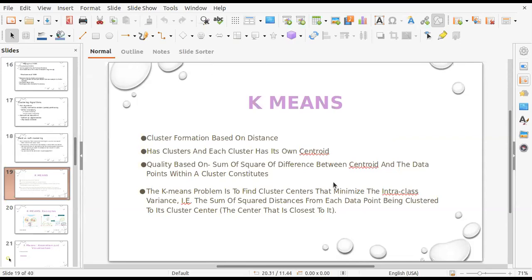So why we take sum of square of distances is to ensure that we don't get any negative value into it. So we just square it to make it positive and sum it together. So that value is possibly the value which gives you the quality of the formation of the cluster.